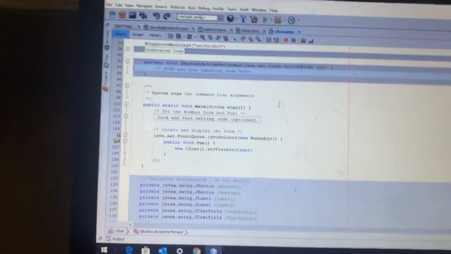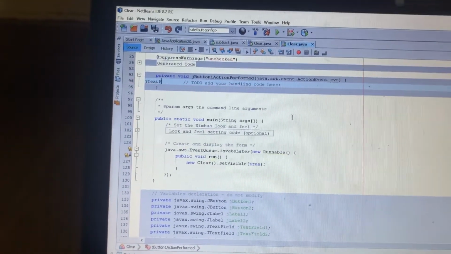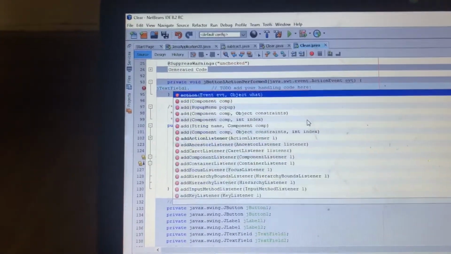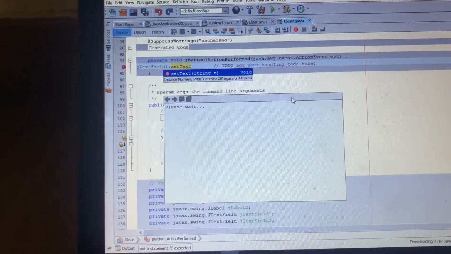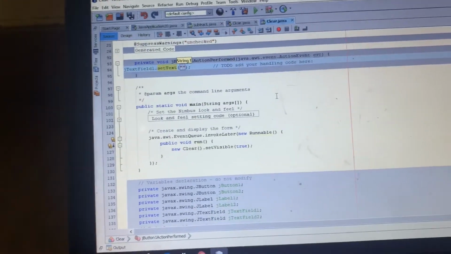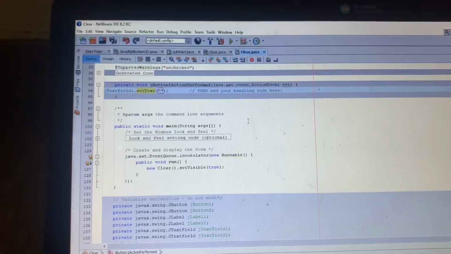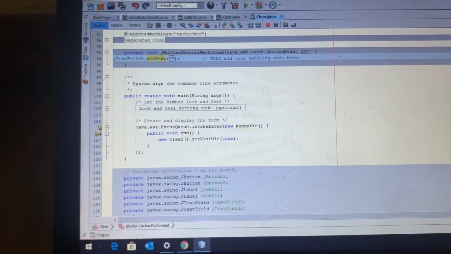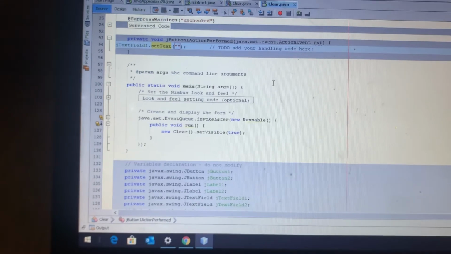Okay, so what I want is that the jTextField1.setText, what I want is that the text will be empty, so just put the two inverted commas. jTextField1 means whatever is there in text field 1 will get set text. We will set the text as inverted commas. That means we clear the fields.